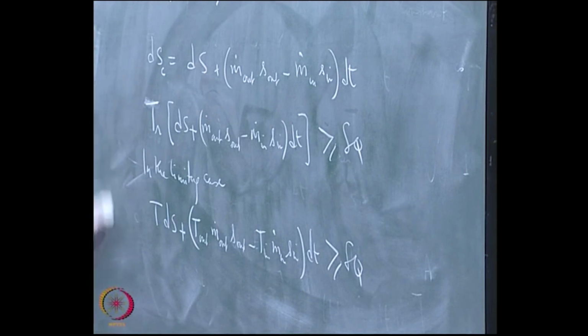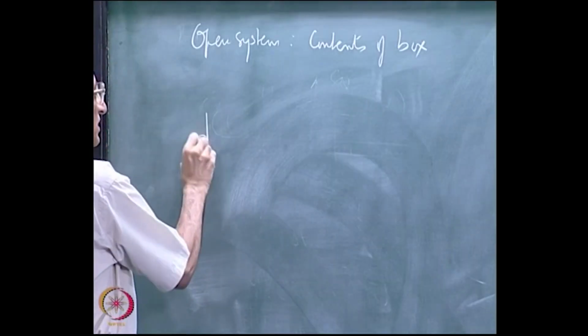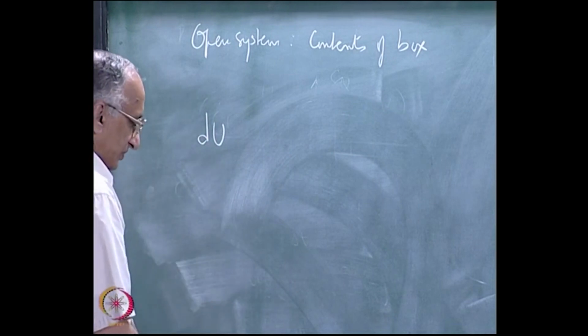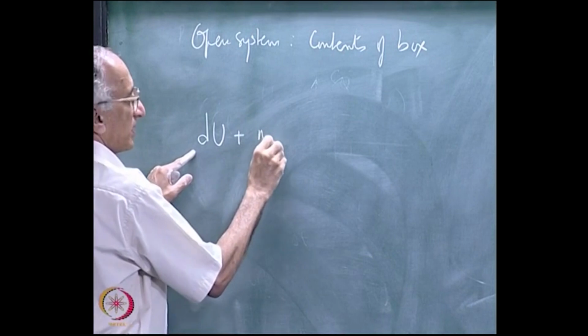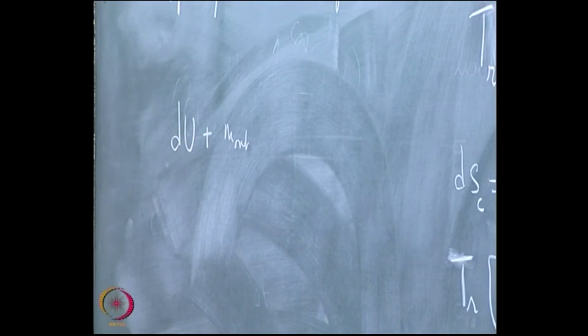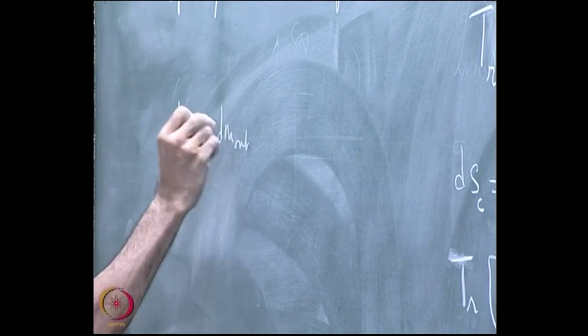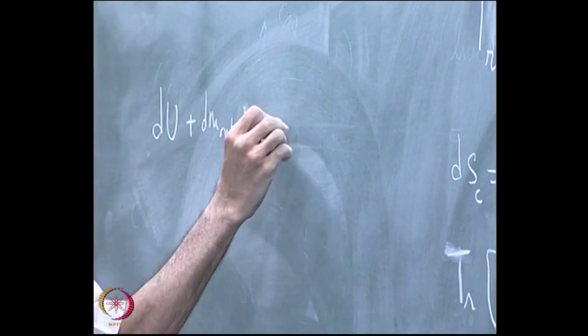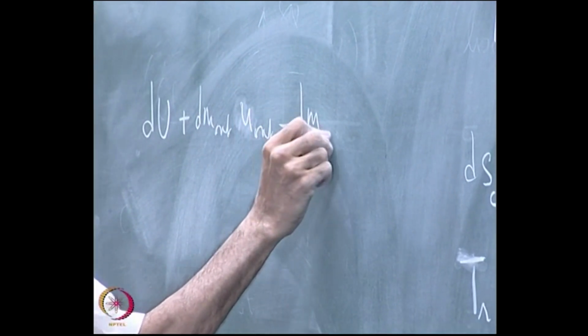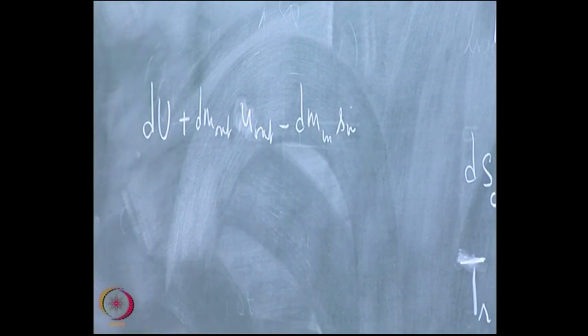So the combined form of the law would be du plus, I will write m dot into dt will be dm, so I will write it simply as dm out S out u out minus dm in Sn. This whole thing is du for the closed system, is less than or equal to